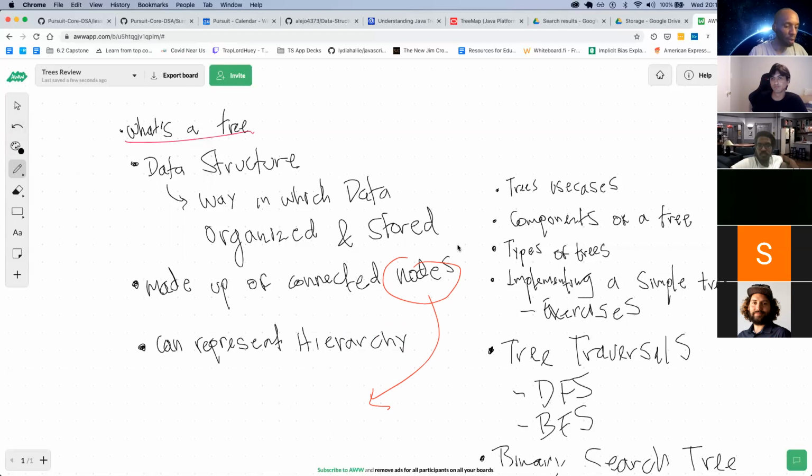It has parent nodes, and then anything that is attached to the parent nodes are its children, and anything that does not have children is a leaf. That's correct. Those are the components of the tree, right?